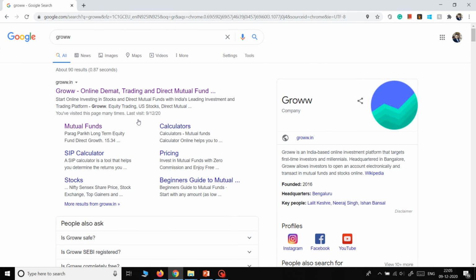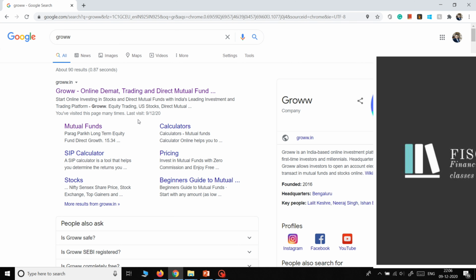Now we will look at the Groww app, which is a company that provides you the details about a number of mutual funds of different companies, and it helps you in analyzing those mutual funds and directly investing in them. There are some advantages of such platforms like Groww. This is not an advertisement of Groww, I just use it, that's why I'm explaining it. You can also do it on any other platform if you know about one, but I would recommend investing through such a platform rather than going directly to the companies or the city offices of those companies which are providing you the mutual funds.